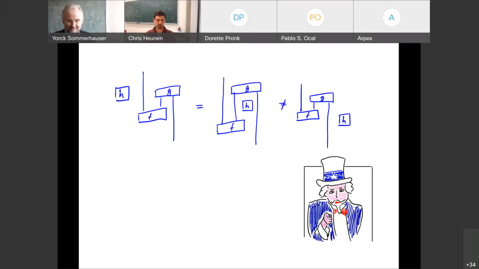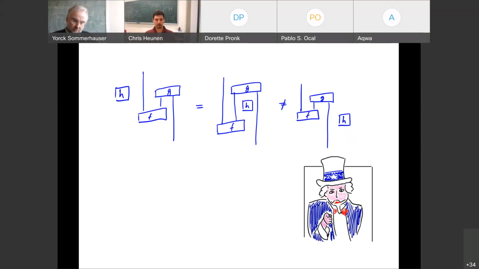You'll see 3 diagrams. I claim the leftmost 2 represent equal morphisms, because we can plainly see that there's a planar isotopy from the one to the first, where I sort of take this box H, slide it underneath the F, up between the 2 wires of G. And the one on the right, I claim is not equal. In not every monoidal category are these two morphisms equal, because there's no way for me to take the H through the input wire to the G.